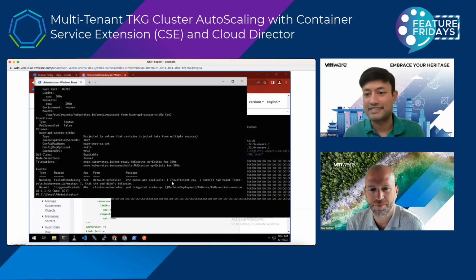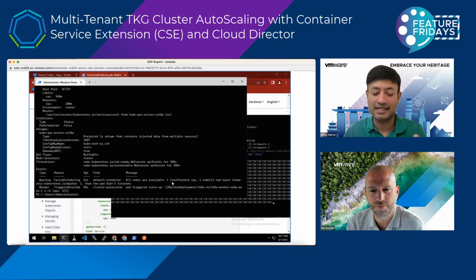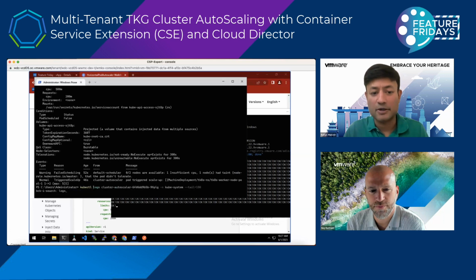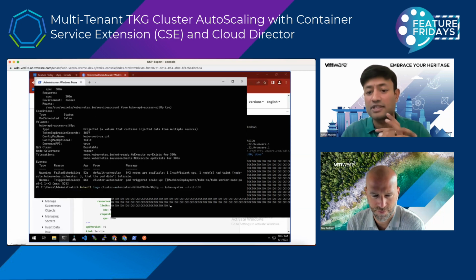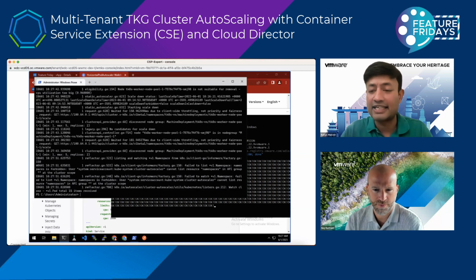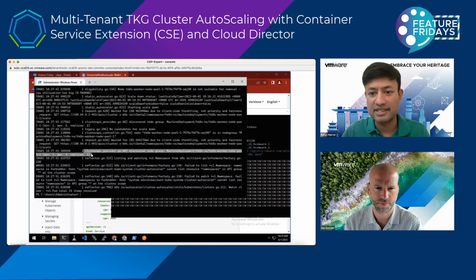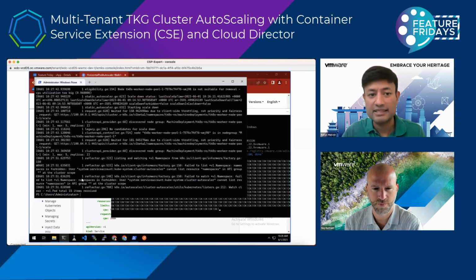So then what happens next? What happens next is the cluster autoscaler behind the scenes kicks in, and now it will try to scale into a new node. So how do we see that the cluster autoscaler actually kicks in? Let's take a look into the logs of the cluster autoscaler and observe if there are any changes. If you remember, we saw a similar log previously, but the replicas at that point was 1, and at this point it is showing 2, which means that if we now go back to our